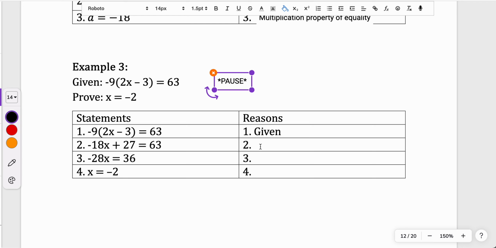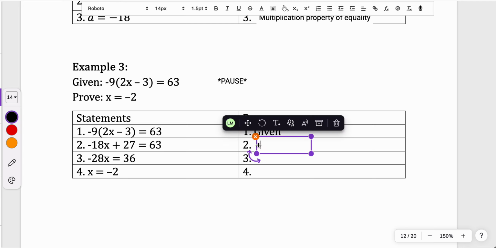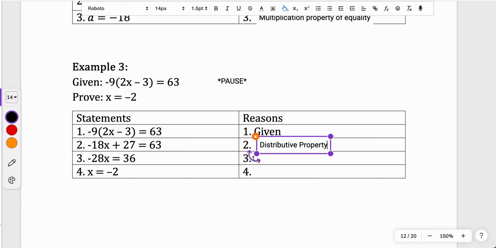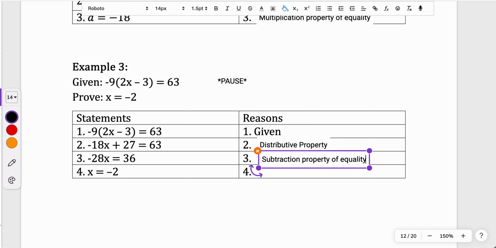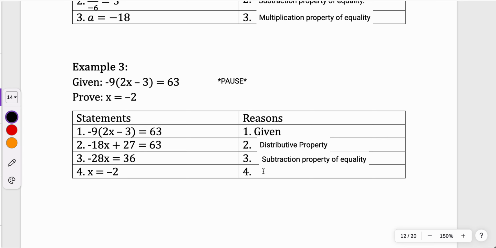To get from statement 1 to statement 2, I used the distributive property, okay? Once I used the distributive property, then I subtracted 27 from both sides, so that would be the subtraction property of equality. And then finally, I divided both sides by -28, and I got -2,